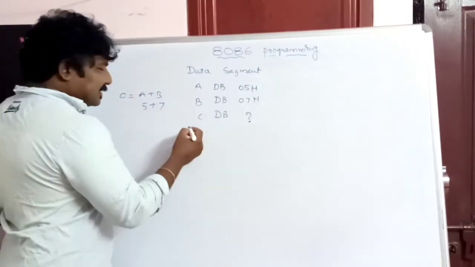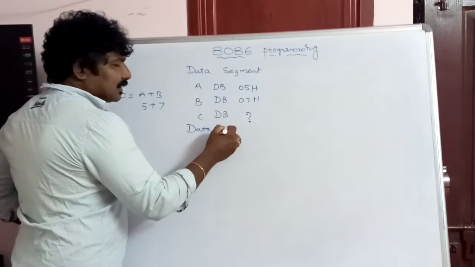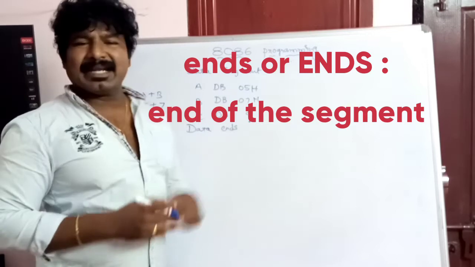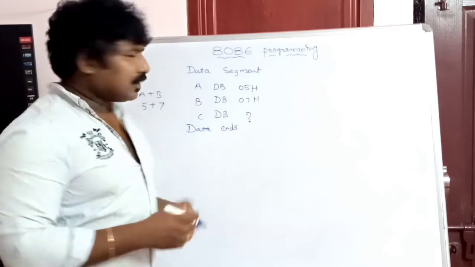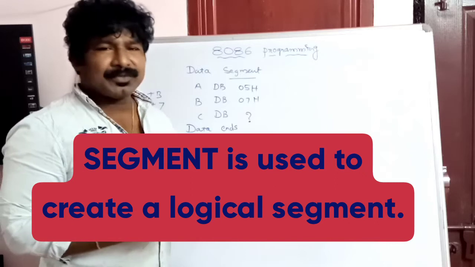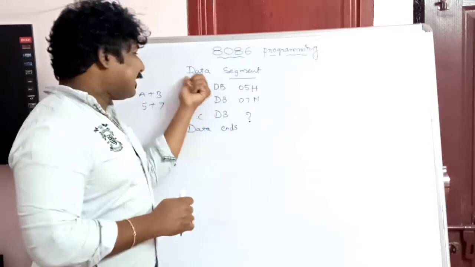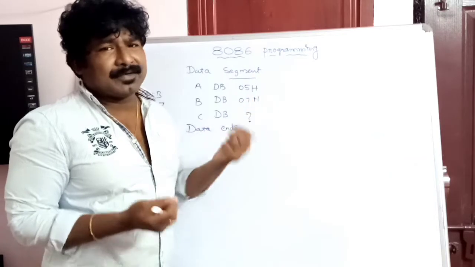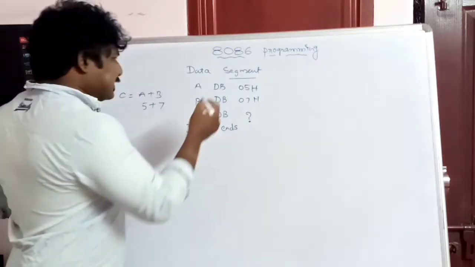So I'll close this segment. Remember friends, whenever you open a segment, you have to close that segment with a command called ends: the name of the segment followed by ends. So this is how you create the variables in the data segment. What is this segment? Segment is another assembler directive that tells you that this is one logical segment. The name you have given for this logical segment is data. It is not mandatory to always give the name as data; you can give your own name also. So this is a data segment.